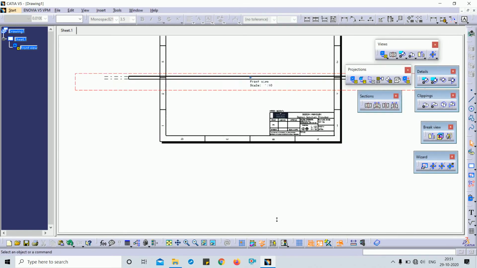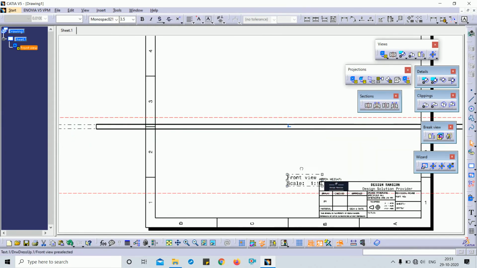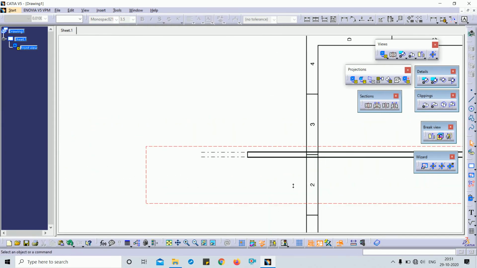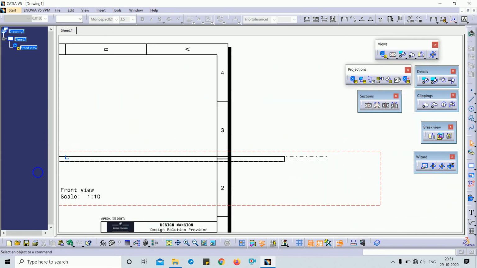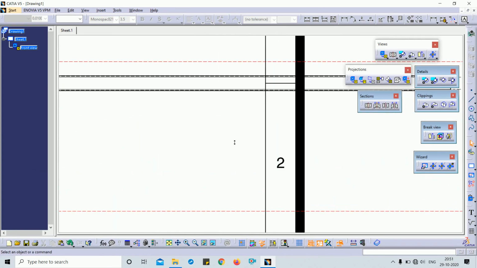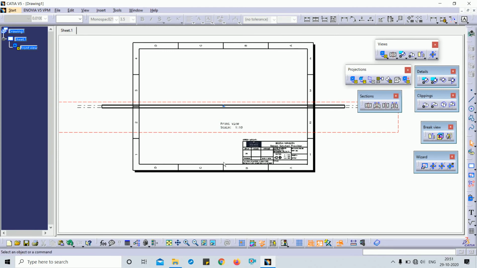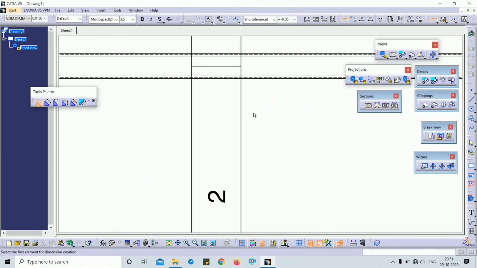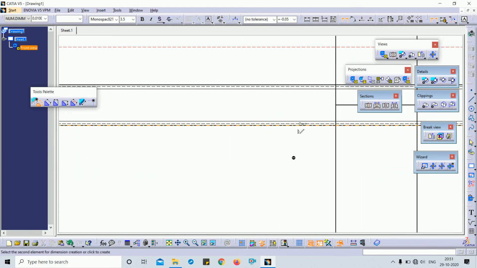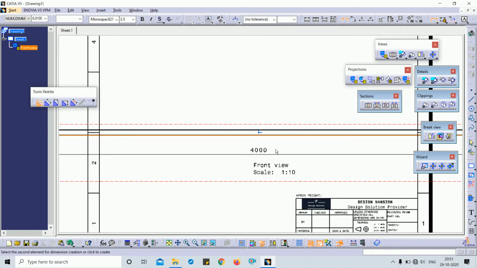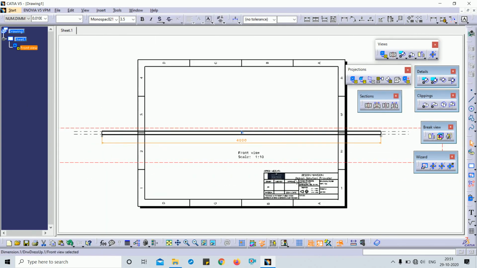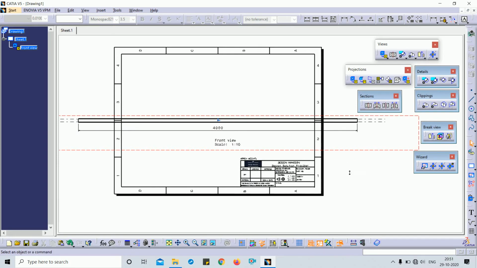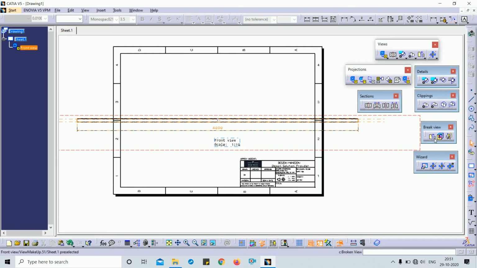Here you can see how to put its dimensions and adjust in the sheet. It's very difficult, so I just assign the dimensions. This is my length, 4000 mm. So I have to use the broken view of that particular square tube.